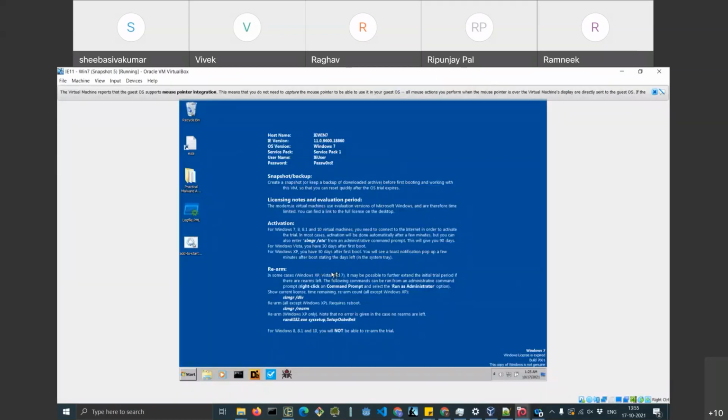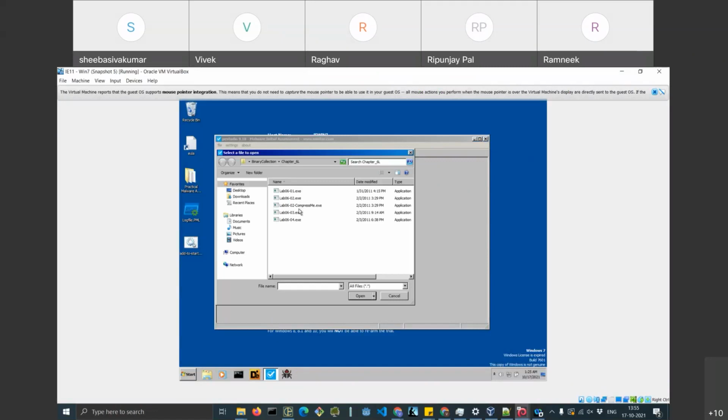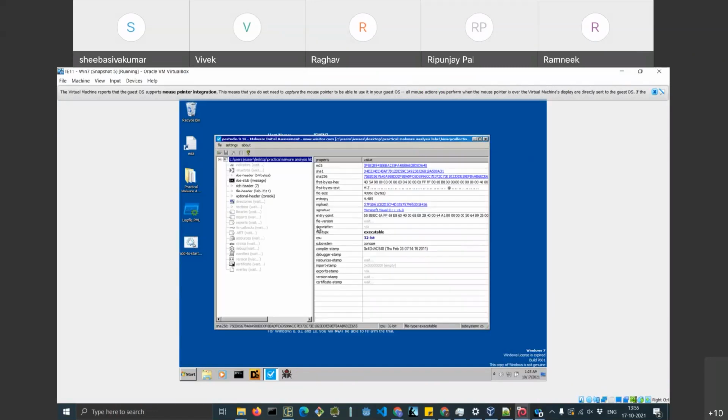So this is the tool I was talking about, PE Studio. It says malware initial assessment. You can open any file here. Let's say this particular file is there. You can see that it is actively trying to scan this.